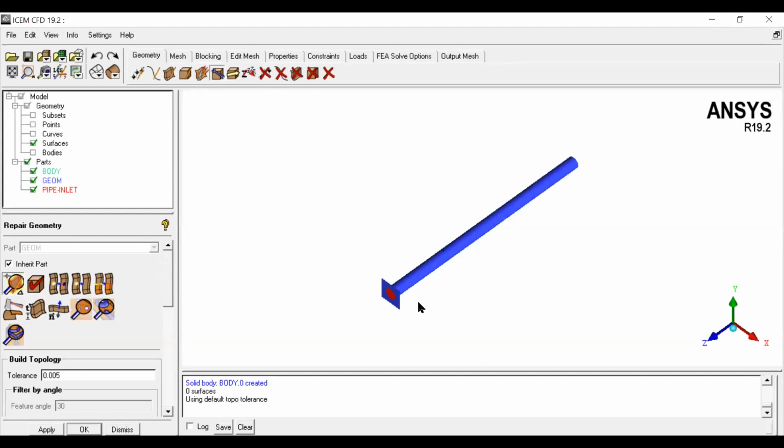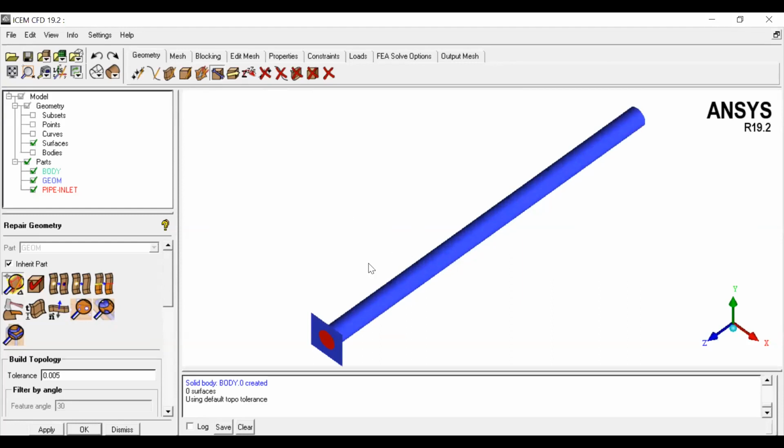And moreover, the geometry which is created in ICEM CFD must be free from topology problems, right? So what we do is give a tolerance between the two surfaces. If we specify a very small value, that means there must be no gap between the surfaces. Otherwise, while generating the surface and the mesh, it will create a problem.